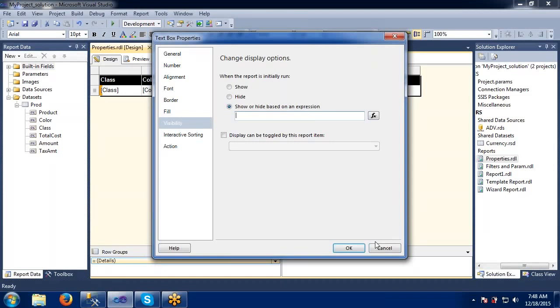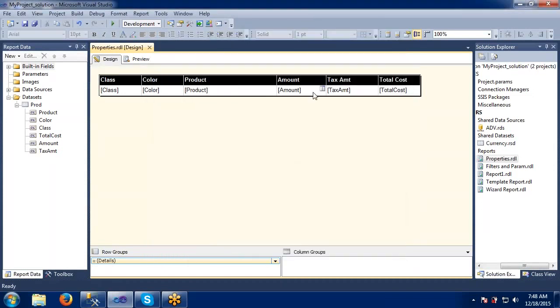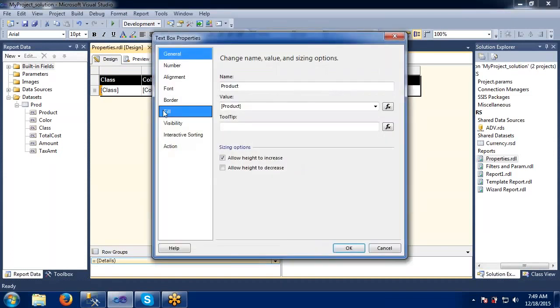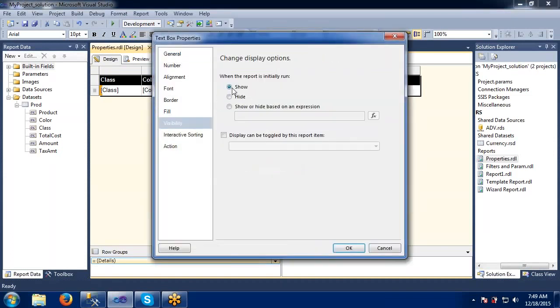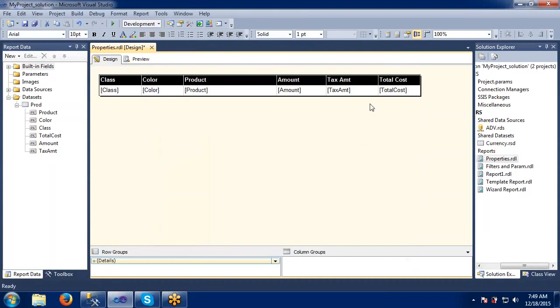For that, let's say there is some tax amount, and I will make sure it is displayed here. I will take some column here.